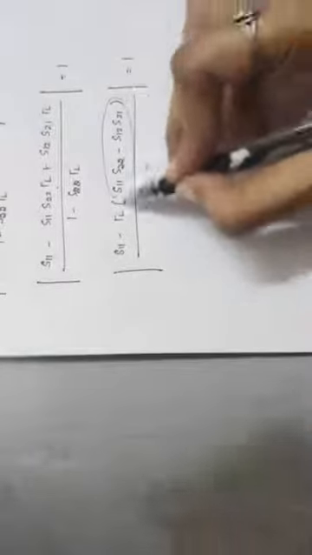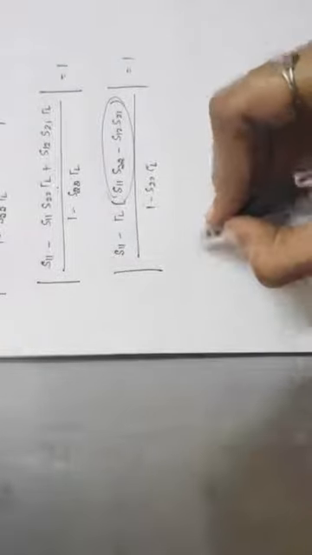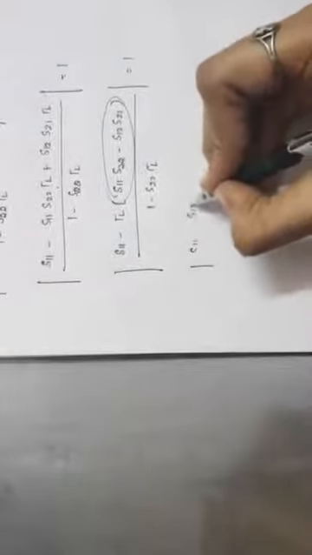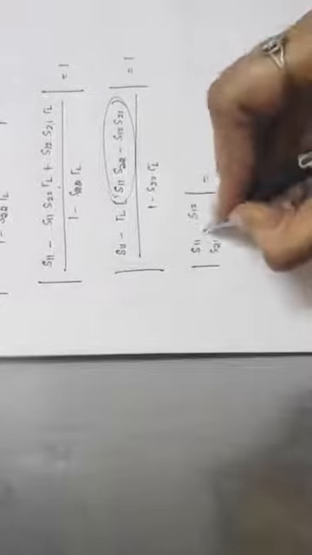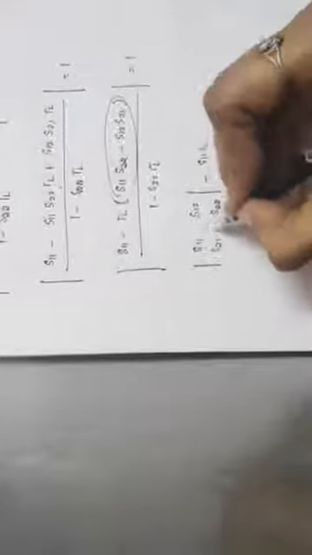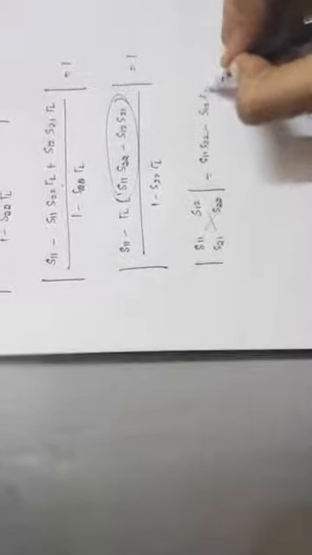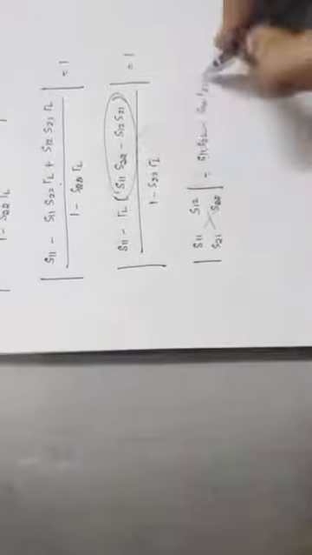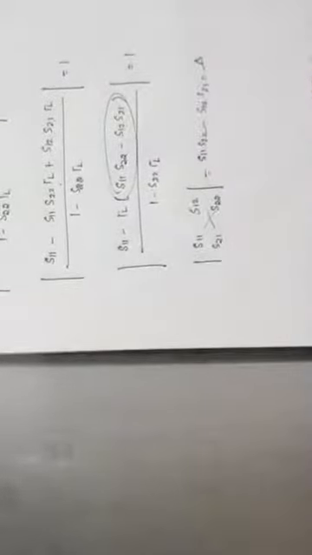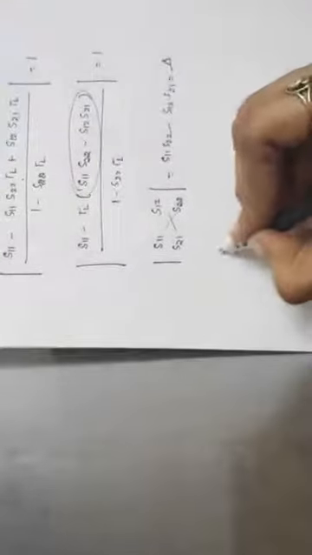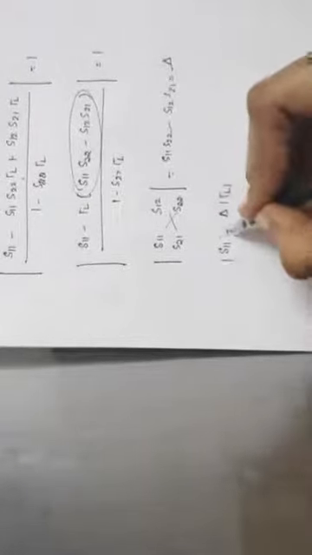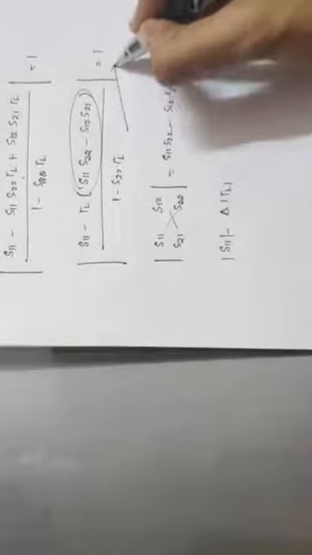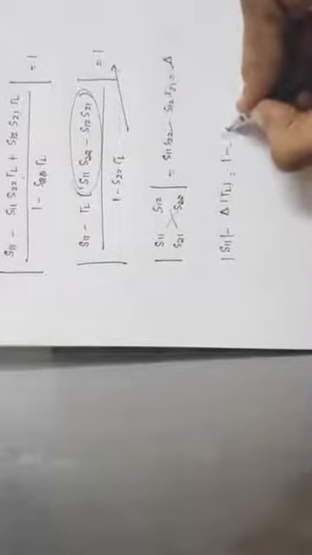Now if you see this particular value, we know that the S matrix of a two-port network is S11, S12, S21 and S22. The determinant of this is S11 S22 minus S12 S21. So this value is nothing but the determinant del of the two-port matrix, and I am going to replace it with del. So this becomes |S11 minus del tau L|. We have a modulus for all the terms. I will take this to that side, so it is equal to |1 minus S22 tau L|.